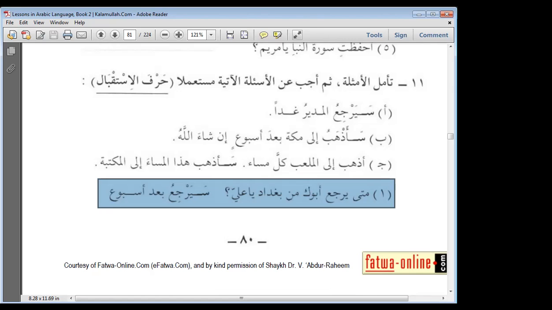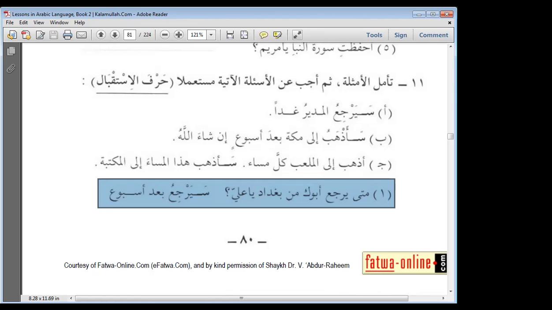Yarji'u. Ya fata, ra, sukun, jim with a kasra below it, and then the ain has a dhamma above it. Okay, yarji'u. So say it. Raja'a yarji'u. Mata yarji'u abuka min Baghdad